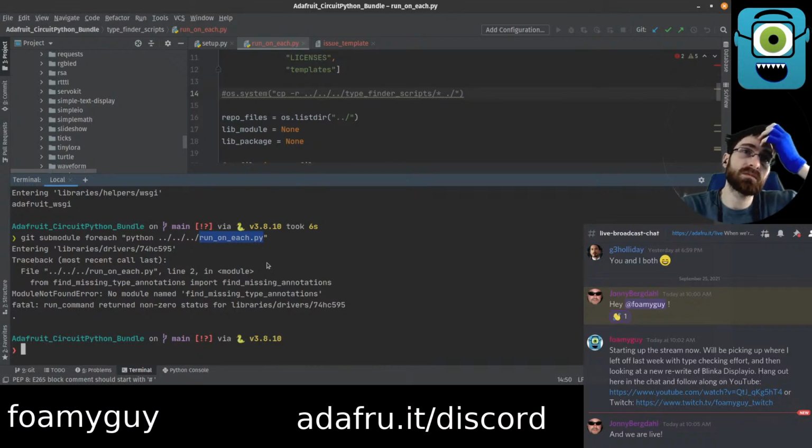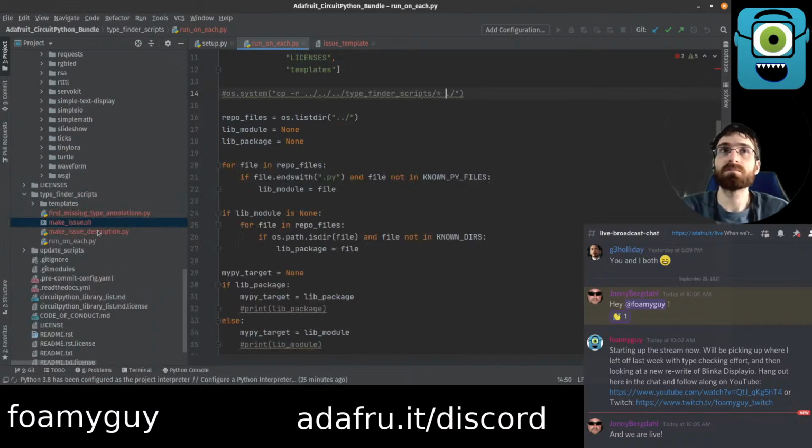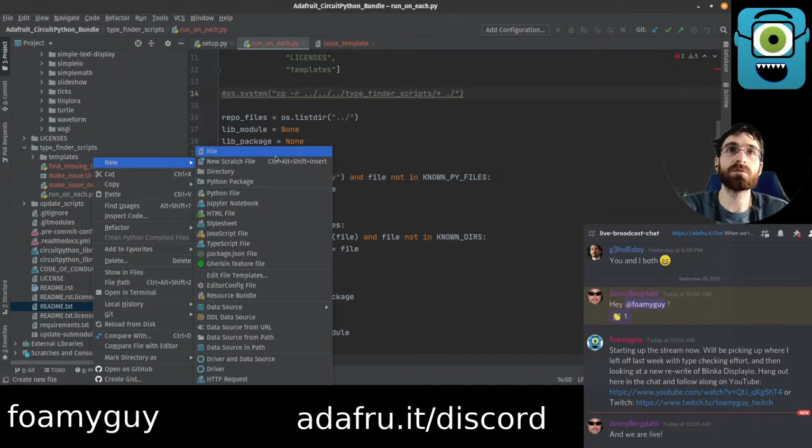So it can't run to put itself in the root. So maybe we'll do